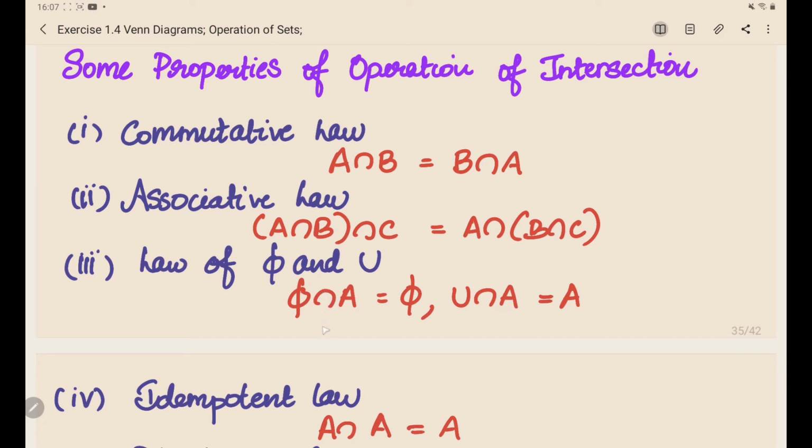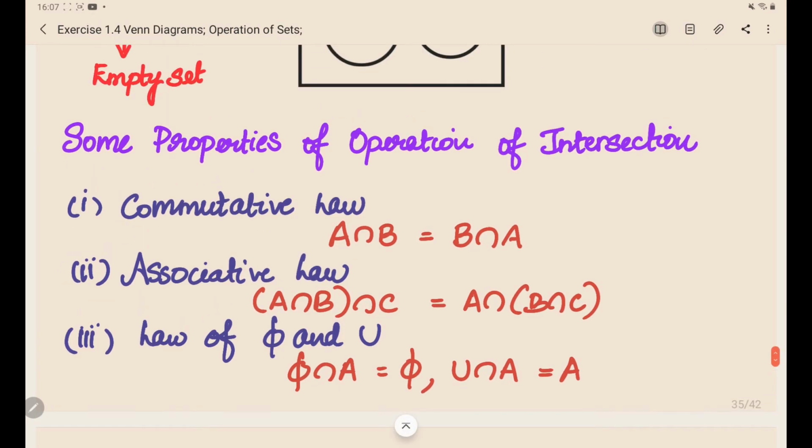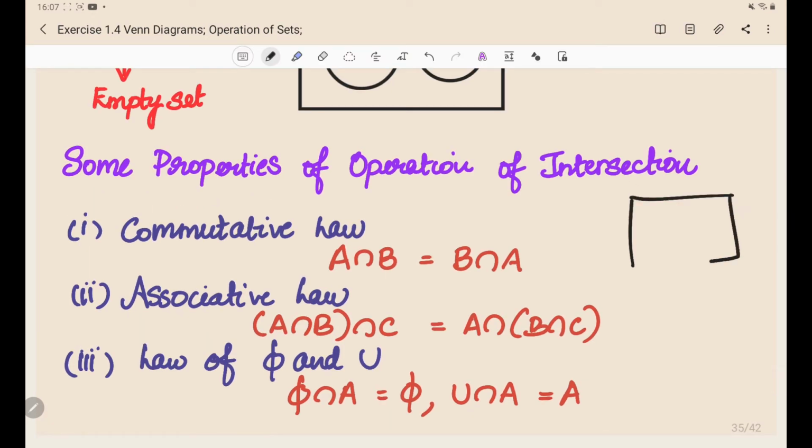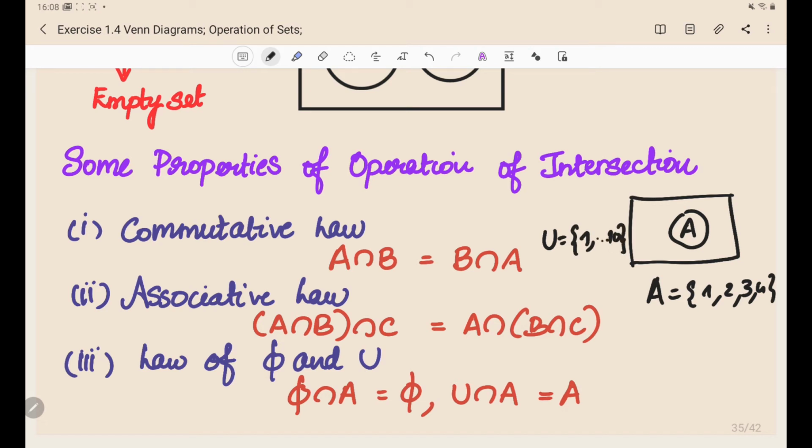If you take the intersection, is there any common element between a subset? Let me draw a set for your understanding. So I have a universal set here, U. Then I have a set A. Okay, this is a set A. And I also have an empty set. Empty set is also a part of every set. For example, set A has 1, 2, 3, 4. And the universal set has 1 till 10 elements. That is the first 10 natural numbers. If you take the empty set, what is phi?